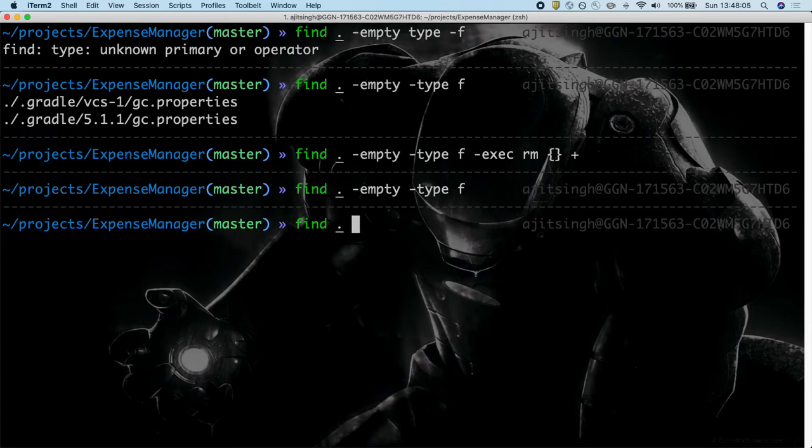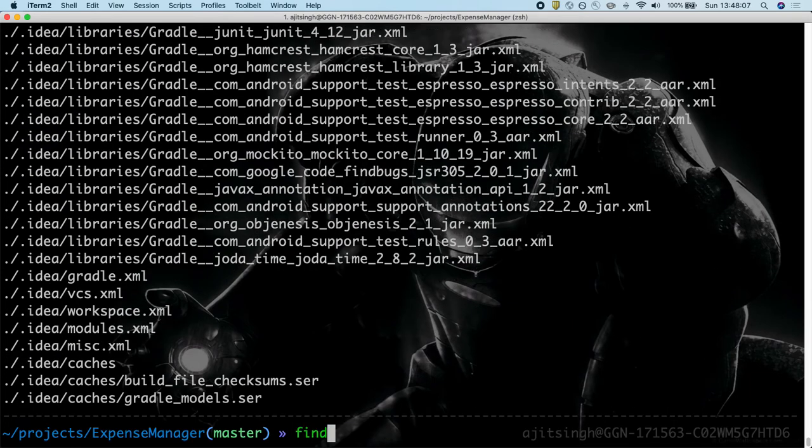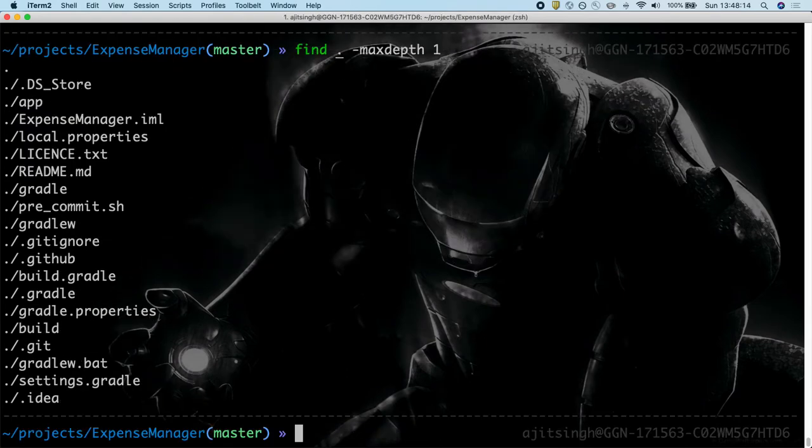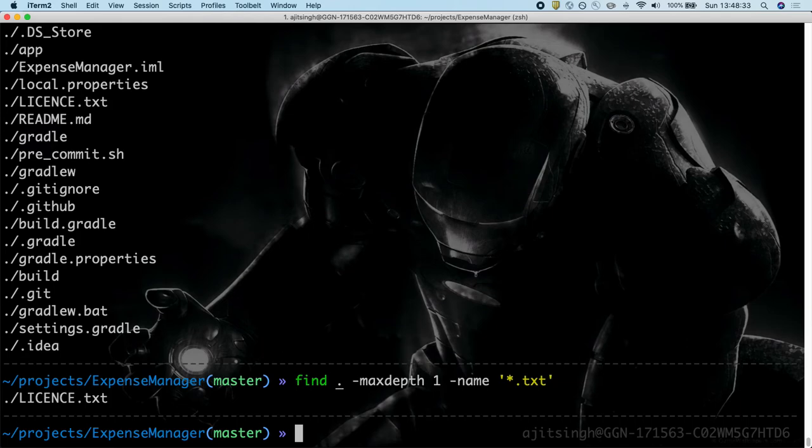So if I just say find dot, it gives me everything, and if I say find dot -maxdepth 1, it will give me the current directory, and in that directory I want to perform something. Let's say I want to find all the files which are .txt files. In that case, I can use -name *.txt. So I verified, okay, this is my result.